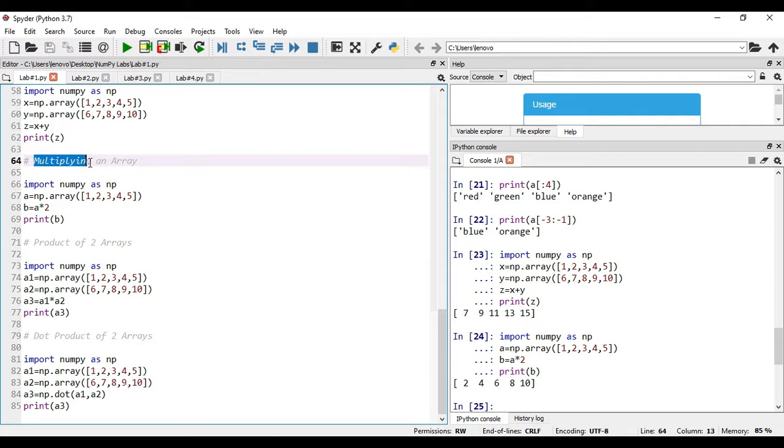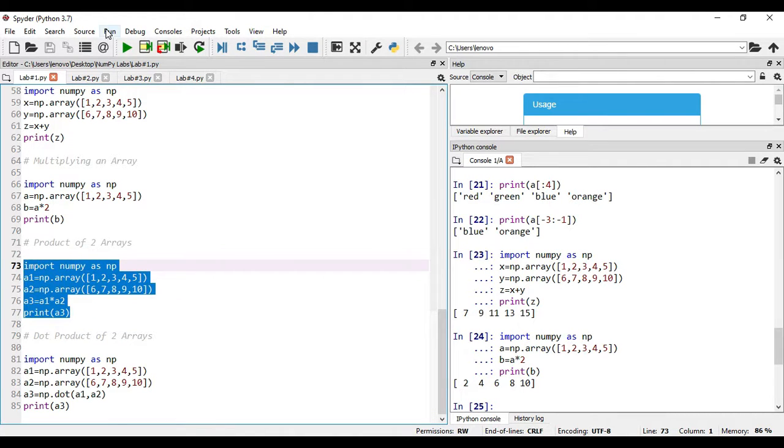Remember, multiplication is different and product is different. In this case, I am multiplying one array with another array. In that case, you cannot say it as multiplication, but rather you have to say it as a product. You can use an asterisk to do the product between the two arrays. So it will be A3 equal to A1 into A2. In the mathematical notation, I am explaining it. As we know that the output will be in A3, we are asking to print A3 to see the results. Select the statements and run the code.